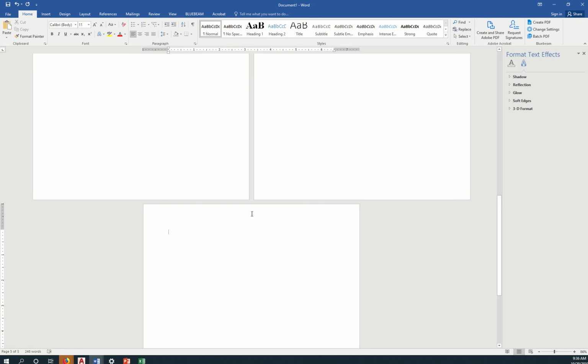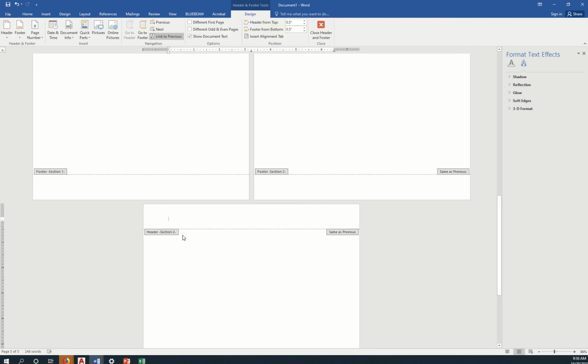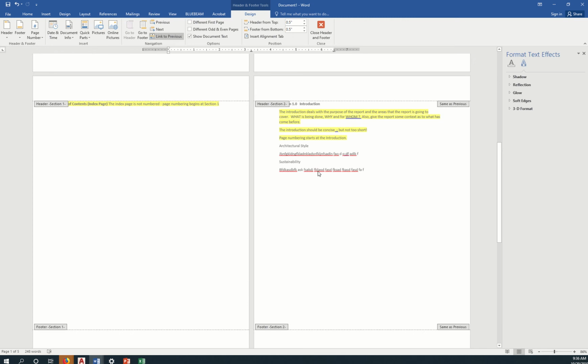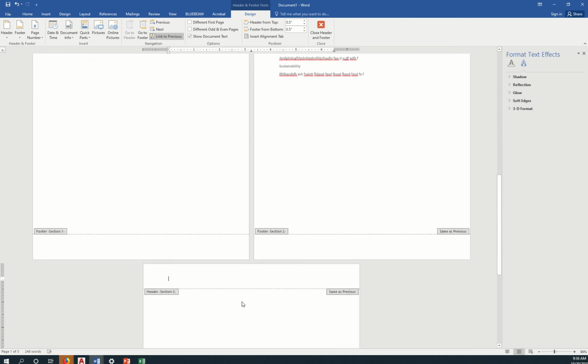Now if you double click on the header footer, you'll see that this page, page number 5, belongs to section 2. Okay, so we're now creating the pages for our section 2 or chapter 1 of our report. Okay,